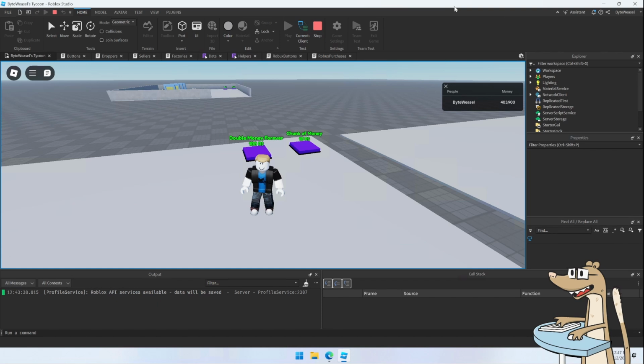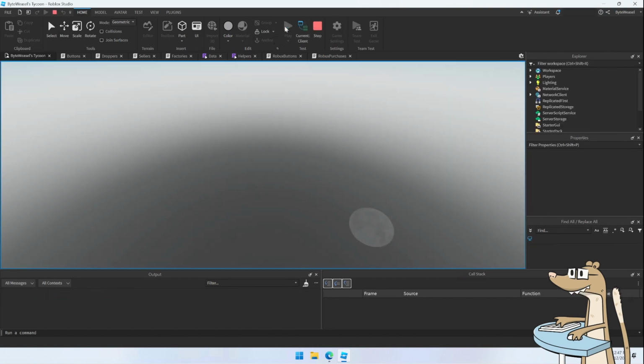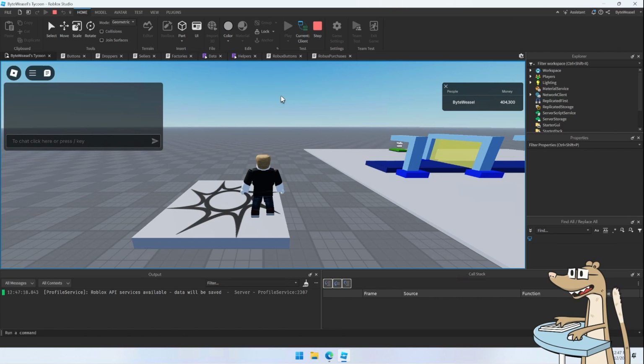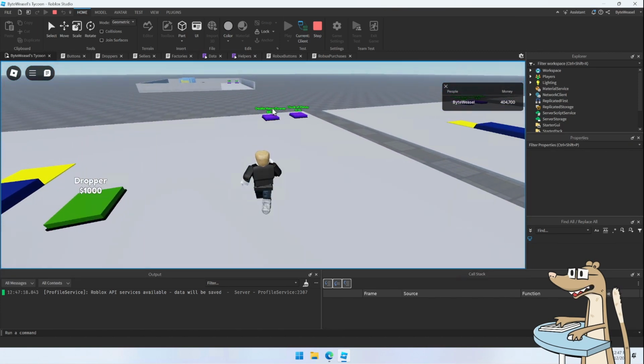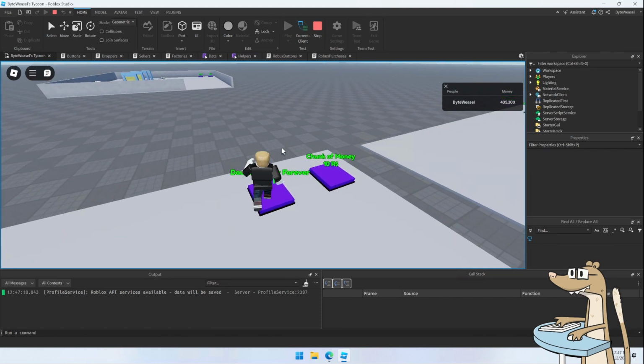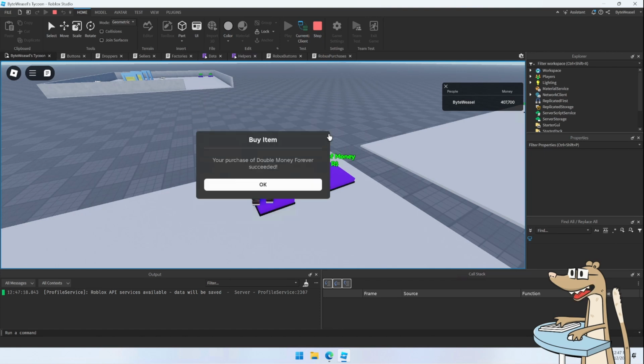So there, I've deleted it now. And what that does mean, if I start the game again, all the code will still be running. So when I stand on this button here, it's still looked up. The dump money forever is there. It will now say, okay, you can buy this item because you don't own it. But remember, this is a test purchase. Not only will your account not be charged Robux, but it won't actually give me the item. It only gives me the item